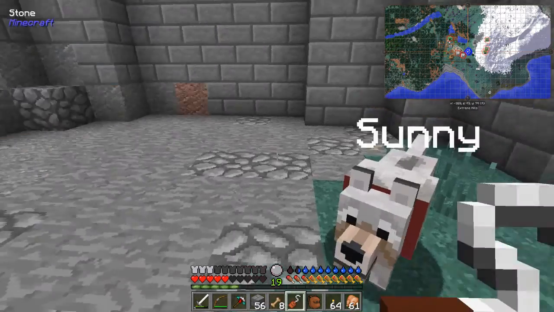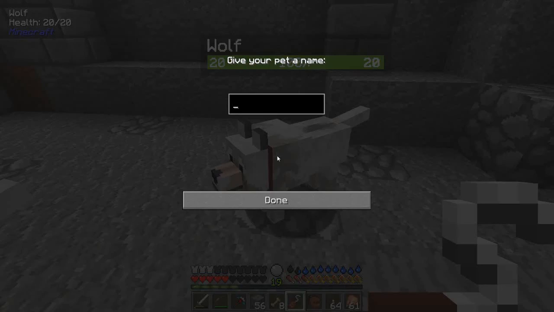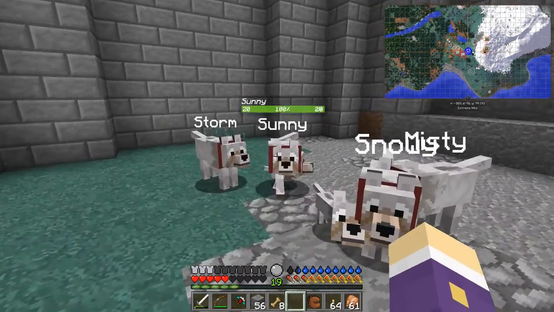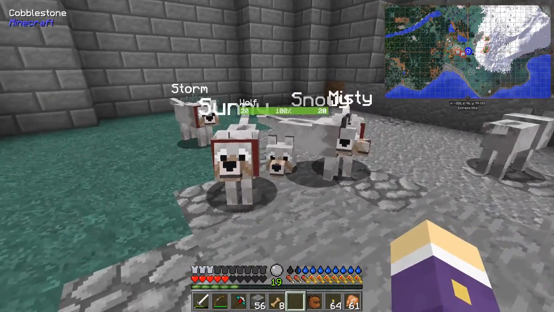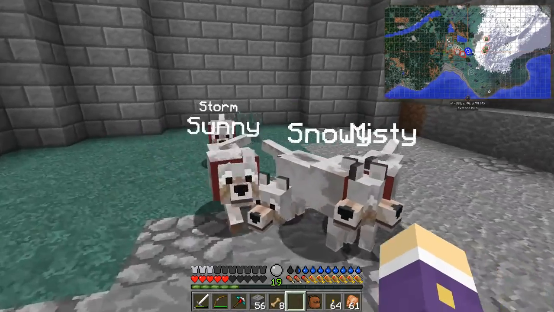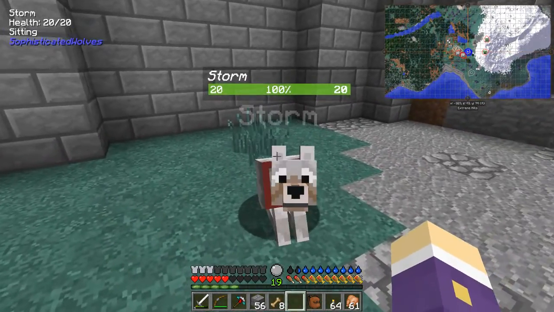Sunny, yep, okay. And you can be... Oh, think of another one quick. I should really have come up with a list for this, shouldn't I? Foggy. Foggy sounds good. Foggy's a good name for a dog. And that was the last of those there. So we've got a few made, and we've got a couple of pups that will grow up and get their own. They've all now got better